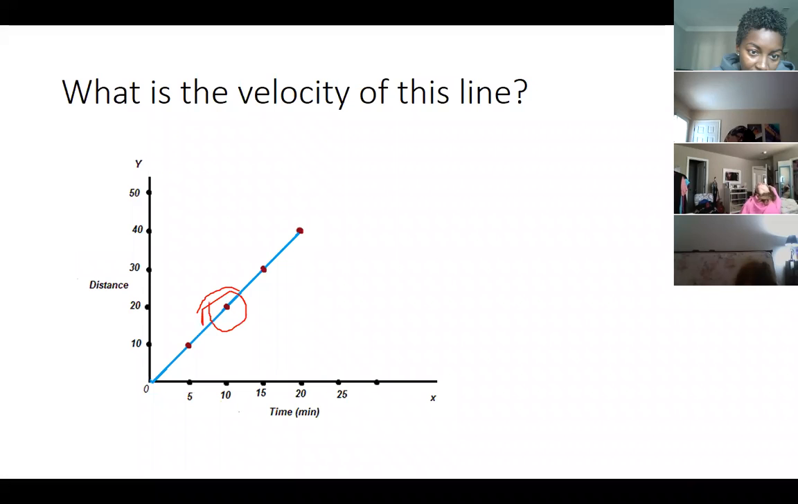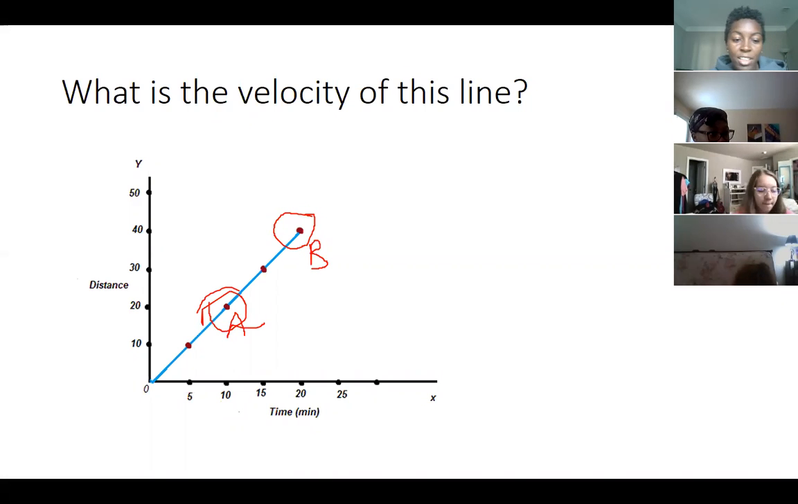and this dot. Which one of these is X1 and Y1? We'll just say this one's A. Is it A or B? Which one gets the ones? A. So remember, the ones are the ones that are closer to the bottom, right? And when you're subtracting them, remember it's the Y values over the X values, okay? And it doesn't matter